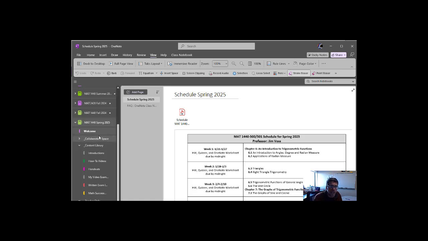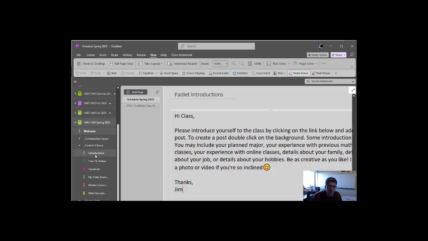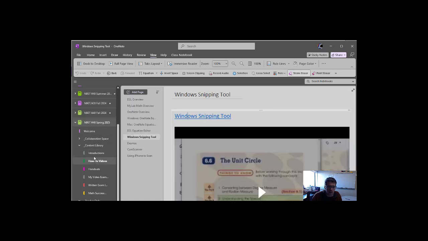So the layout, again, it'll look a little different when you're in the app versus the browser. But again, you will have this content area, it's all the same. All the content for the course I have in OneNote. Most of it is also in D2L, but I would really love for you to be using OneNote because it's